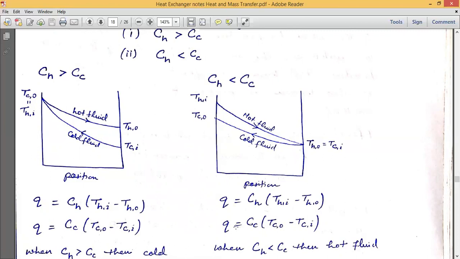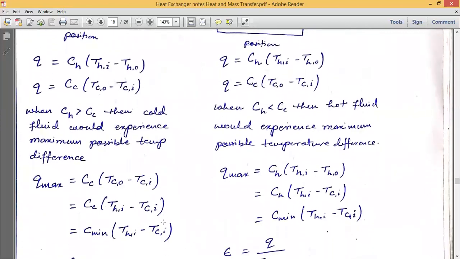अगेन इस एक्सप्रेशन की बात हम करें तो Q इक्वल टू CC इंटू (TCO माइनस TCI) है। अब इसमें TCO का इनलेट के बराबर कितना हो गया है? इसकी बात हम करते हैं। Q इक्वल टू CH (THI माइनस THO)। तो THO के बराबर कितना हो जाएगा? TCI के बराबर। तो ये जो Q मैक्स हो जाएगा C मिनिमम, यहाँ पे C मिनिमम किसका है? हॉट फ्लूइड का है। Therefore हॉट फ्लूइड के बारे में बात करेंगे, और आउटलेट टेम्परेचर TCI के बराबर हो जाएगा।